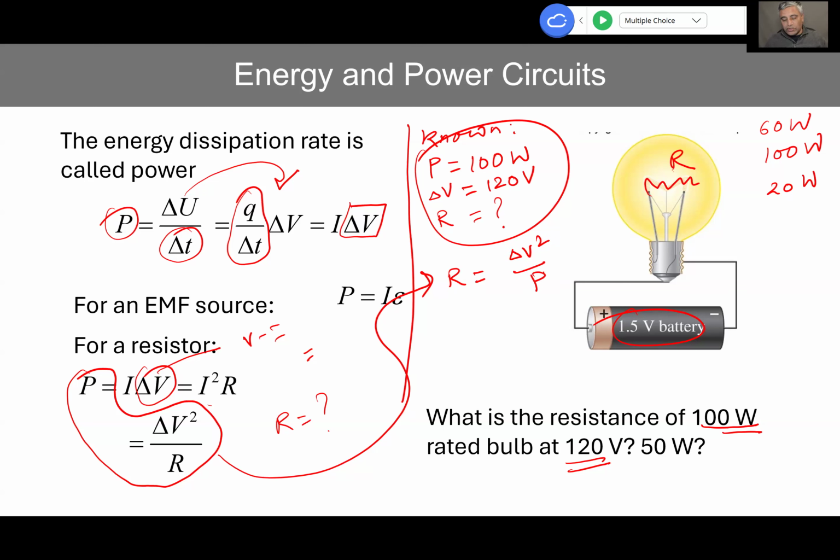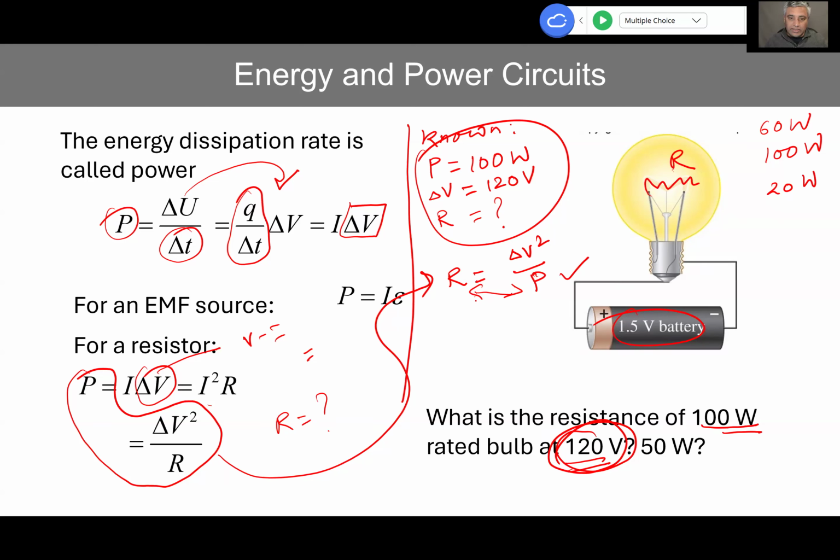So what do we see before we plug in numbers? Let's take a look, okay? See, the outlet of our home is fixed. So that means if we have, let's say, a higher power light bulb, its resistance has to be smaller. And if we have a really low power light bulb, like a night light we use, a dim light, then it has to have high resistance, because power and resistance are inversely related